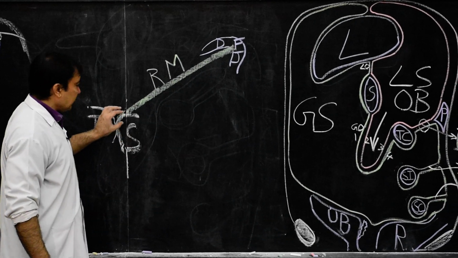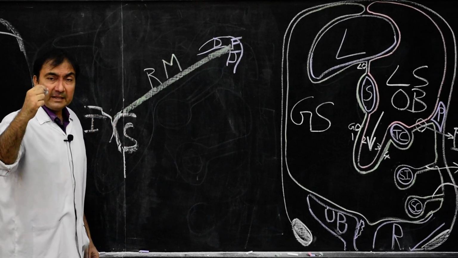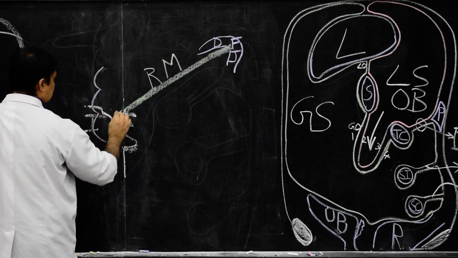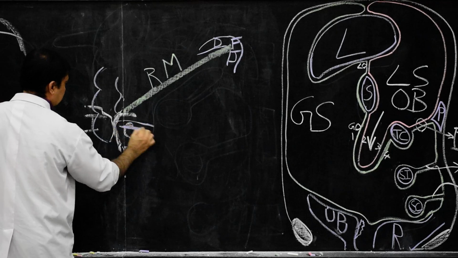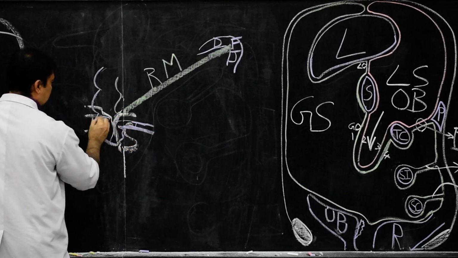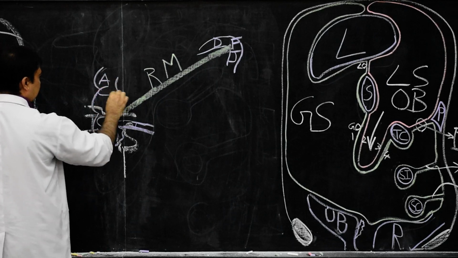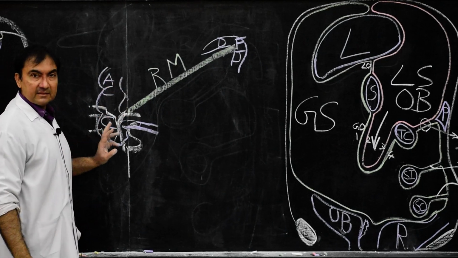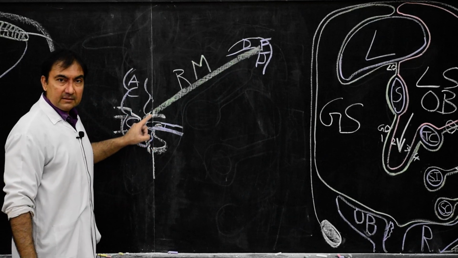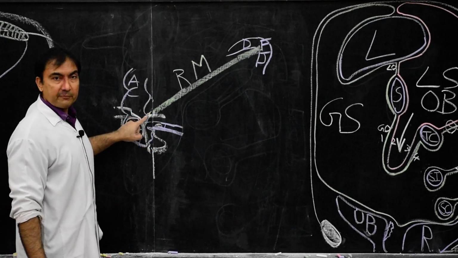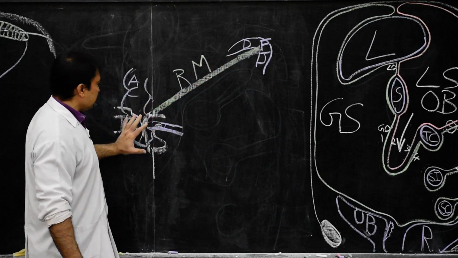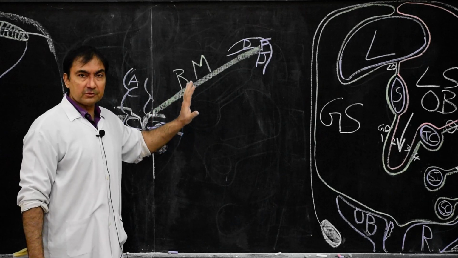And exactly where the ileocecal junction is present. So here you can draw, this is the cecum and this is the ilium. This is the ileocecal junction, and here the ascending colon, at the level of the right sacroiliac joint where the ileocecal junction is. The right side of the root of mesentery is attached here.